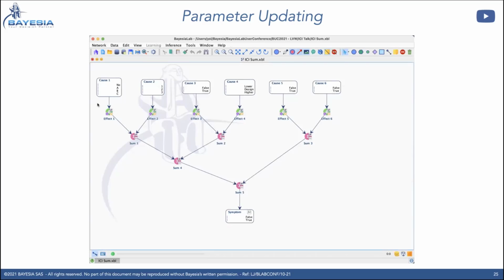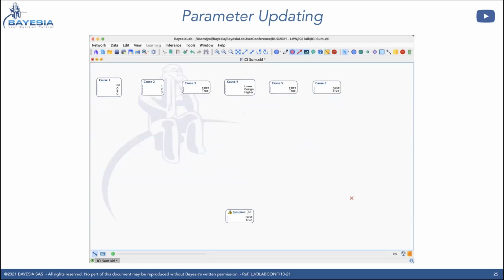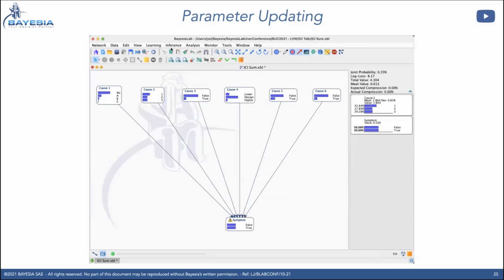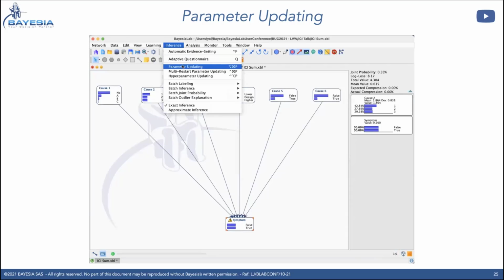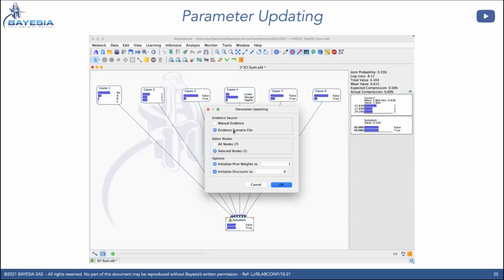So now I'm deleting all these nodes, connect symptoms, set symptom as a child of all these nodes, right? And now select symptom, go to inference, parameter updating, use as evidence source my evidence scenario file with my 288 scenarios. The node that I have selected is just symptom, and I just want to use this one because then